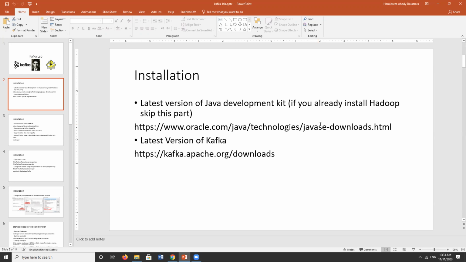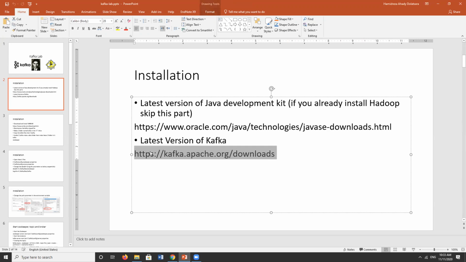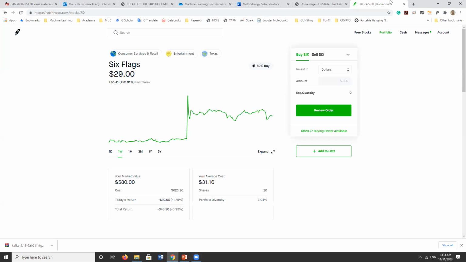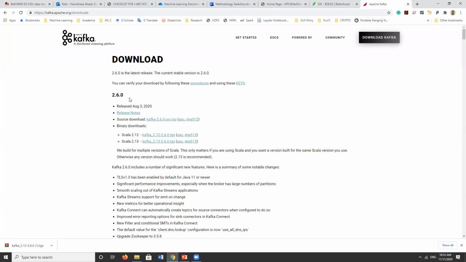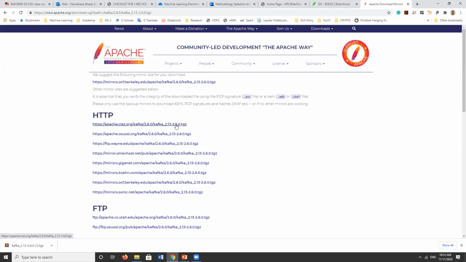Then, after installing, go to Apache Kafka, this link. And the latest Kafka is 2.6, and just get it with Scala 2.13. Click on it and download the file. As you see, the file format is TGZ, so it's a zipped format. So you need to unzip it. So I just give you 10 minutes